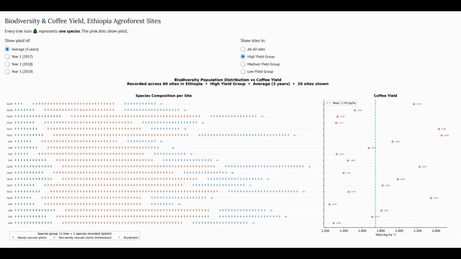For the second implementation, we have the relationship with the biodiversity, or we can say the plant population distribution, with the coffee yield. This was recorded across 60 sites in the Ethiopian owl forest, with the yield recorded over 3 years. The graph has two main parts. On the left side,